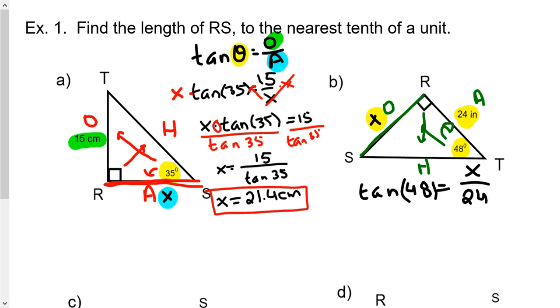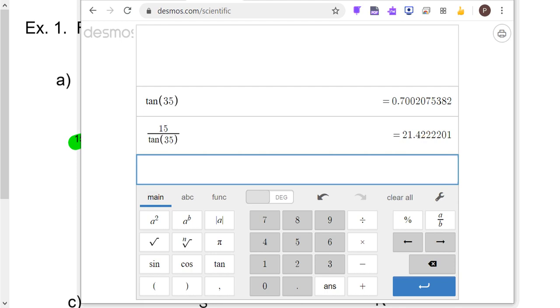This time it's actually pretty easy to solve for x. If I multiply up this 24, I cross multiply by 24, I get 24 times the tangent of 48. And my x is already isolated. So this is saying that if I take 24 times that tangent ratio, it's going to give me my opposite side. So again, pulling up our calculator,